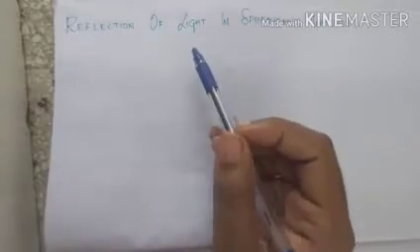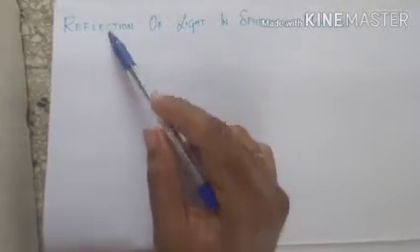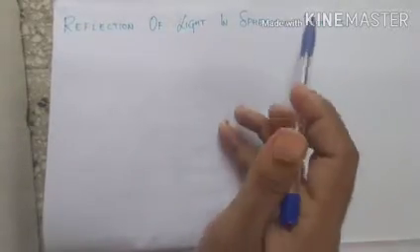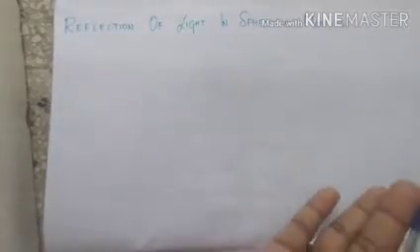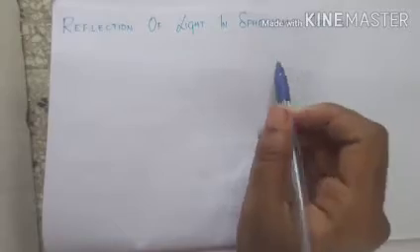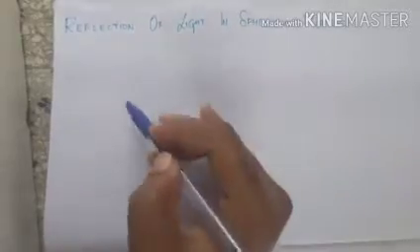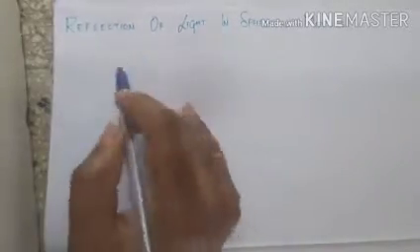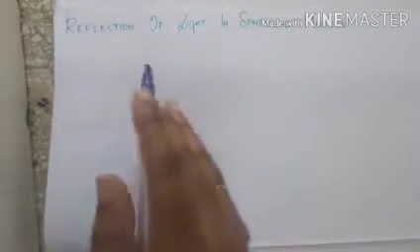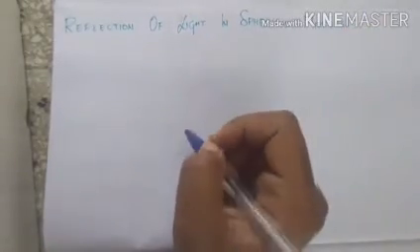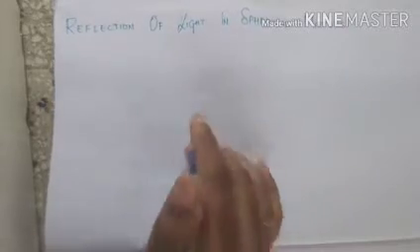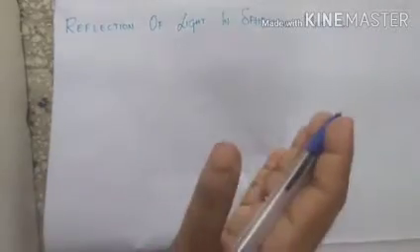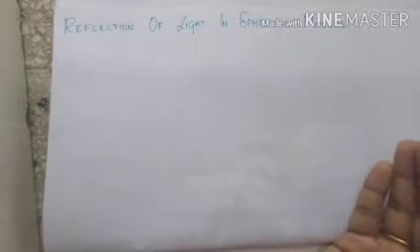Hi everyone, today we'll be seeing our class on reflection of light in spherical mirrors. So what is the difference in the reflection of light between plane mirrors and spherical mirrors? In a plane mirror, whatever point you take will reflect the light as such, whereas in a spherical mirror there are certain conventions for how light passing in a particular direction gets reflected.